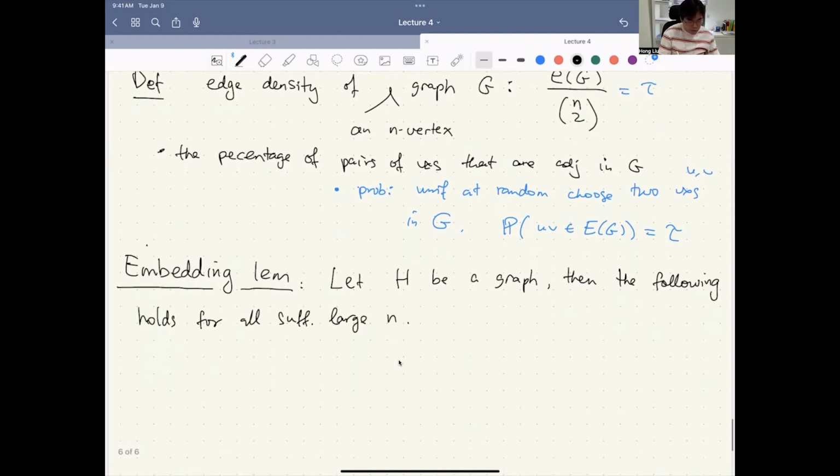For any n-vertex H-free graph G with edge density tau bigger than 0,